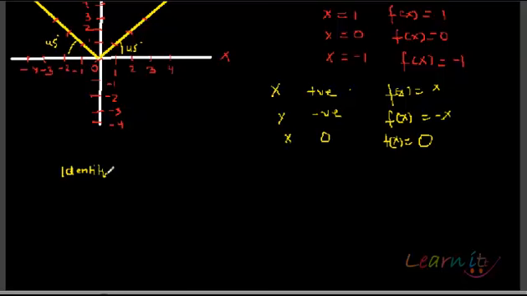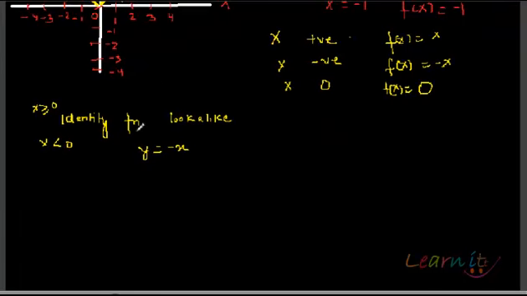On both sides, cutting both the quadrants, the y has to be positive. The modulus function is making the function positive, making the numbers positive. That's what the modulus function is all about. Modulus is to look at the positive value of any real number. That's what mod x is. That's what a modulus function is, and that is what it looks like. Now there is